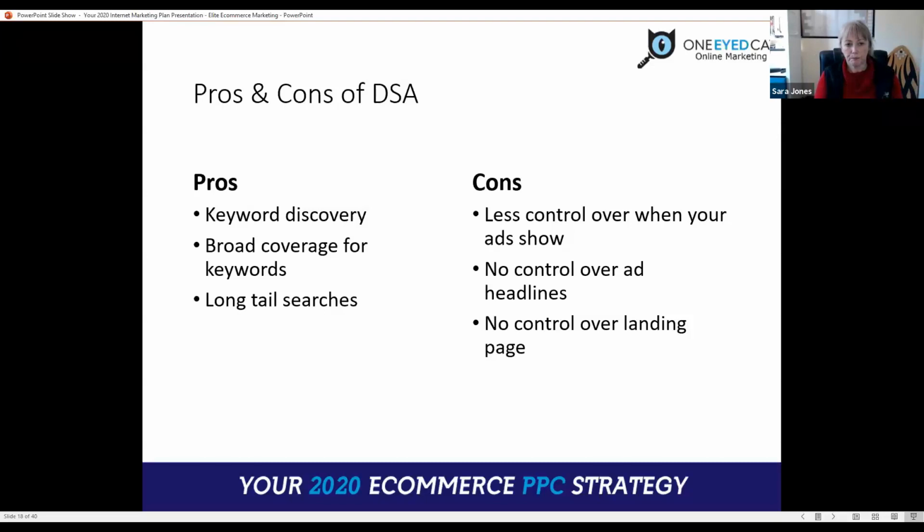Well, you can see here where I've put on the cons side, you do have a lot less control over when your ads show, because you're not targeting with keywords. Which is why I like to have it as a completely separate campaign, so that I can see exactly what's happening with it, and it's not confusing my keyword campaigns. Otherwise I don't know where the spend is going, whether it's going on the keywords or the dynamic targets. So, separate campaigns for dynamic search ads,